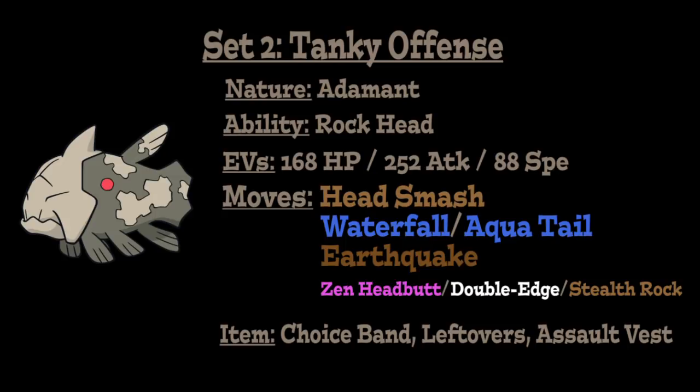Then we're going to run Earthquake for additional type coverage, which works incredibly well in combination with your Rock and Water STAB. And for the last move, running either Zen Headbutt for an additional Psychic type coverage option that this Pokemon has access to, Double-Edge for just a powerful neutral attacking option that you can make use of very